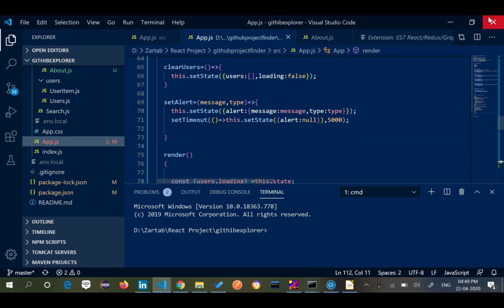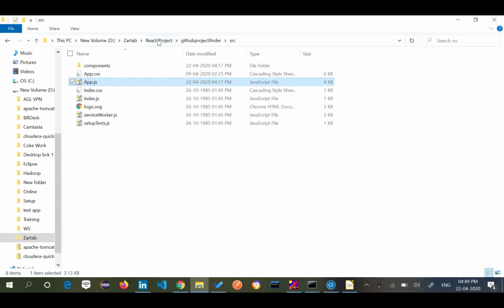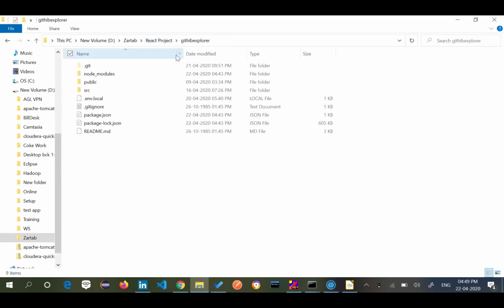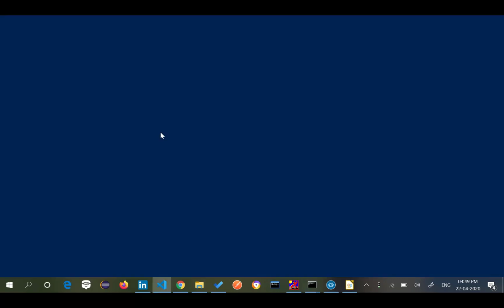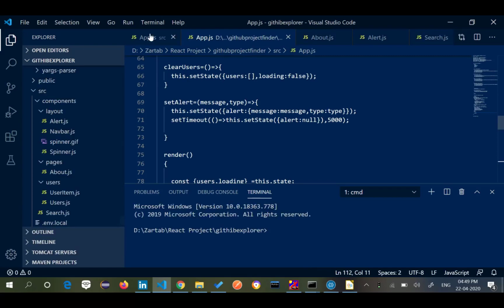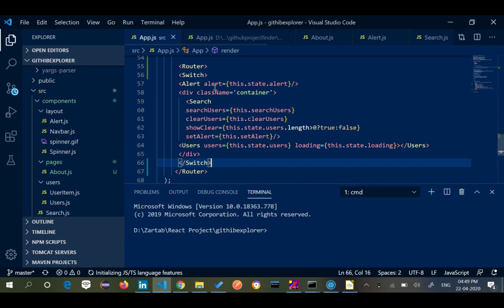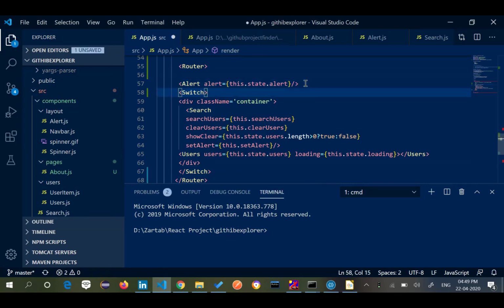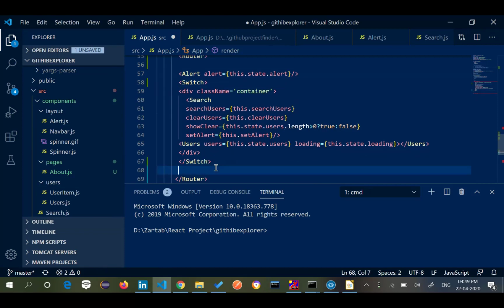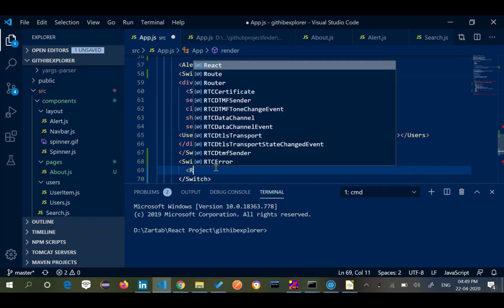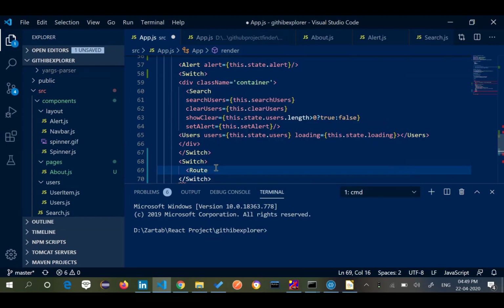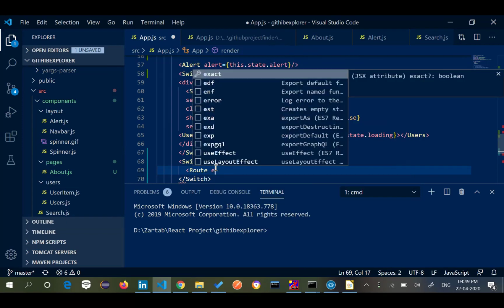So I'm going to start my Switch here, and then take one more Switch. Inside this Switch, I'm going to show a Route. I'm going to start a Route. And what does this Route mean? What will this Route have?